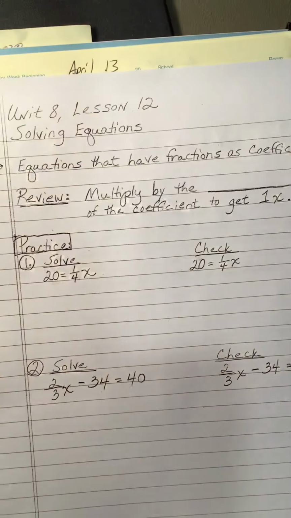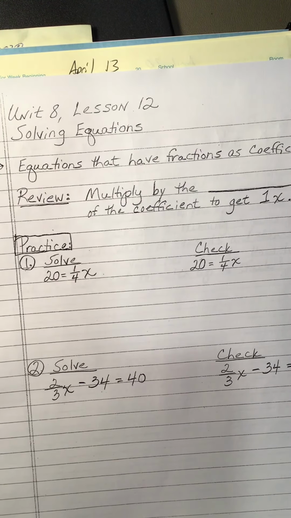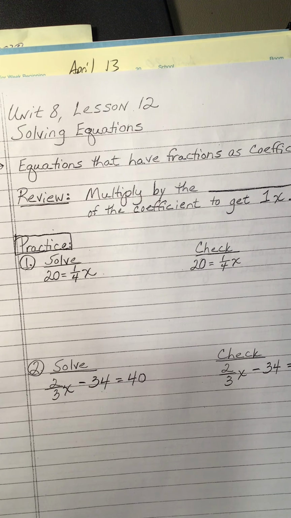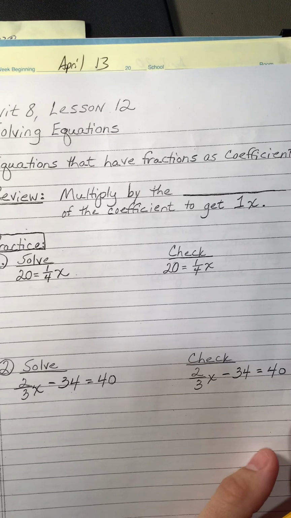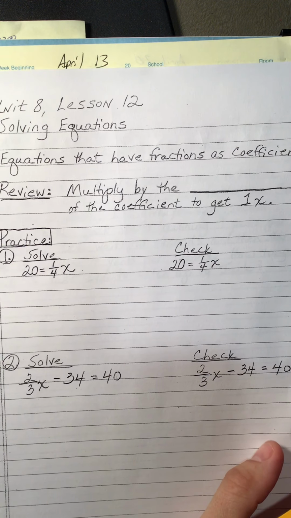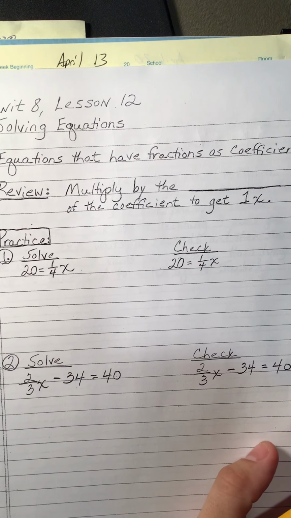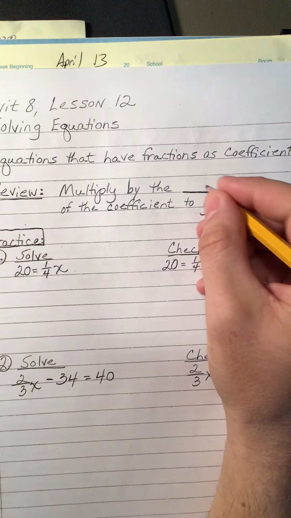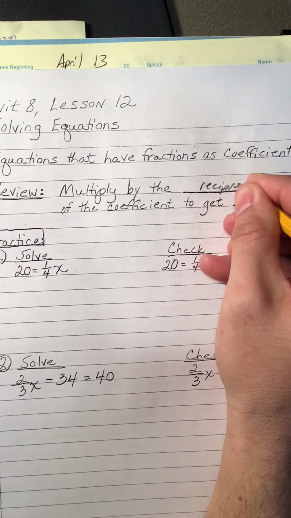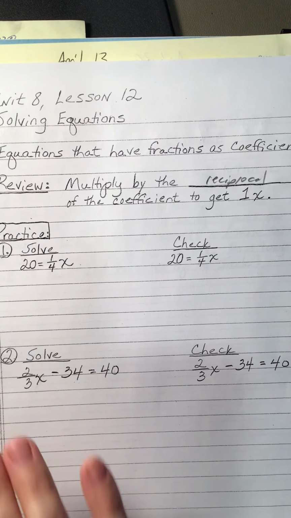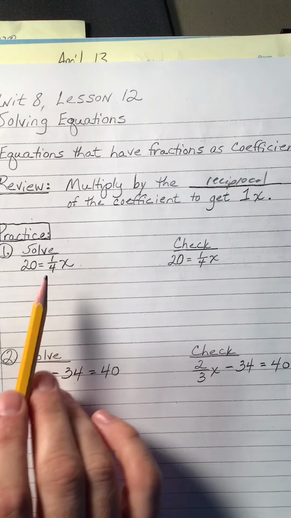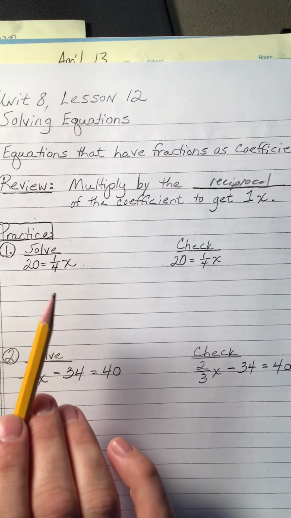This is notes on lesson 12, solving equations. It's going to be equations that have fractions as a coefficient. Reminder that a coefficient is a number in front of the variable. Just as a review, we are going to multiply by the reciprocal of the coefficient, because any number times its reciprocal is 1, and we want to figure out 1x and not